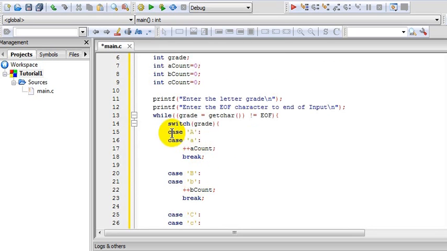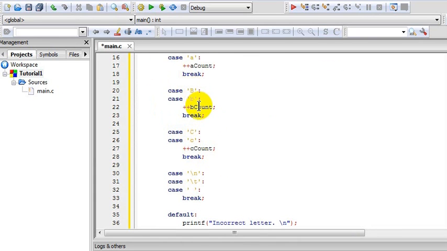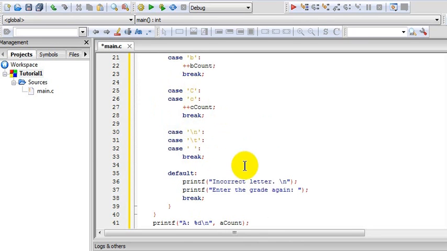So what we have done here is, if the user enters capital A or small a, increment the A count. Similarly, if he enters capital B or small b, increment the B count. Similarly for the C count. And now this is the main thing which I wanted to talk to you about. Now here, this basically tells the computer,